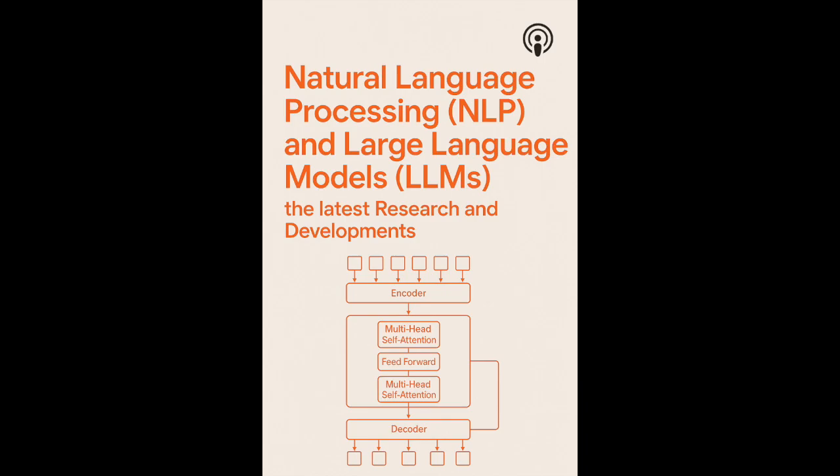You just calculate this DPO loss based on the prompt, the winner, and the loser, and update the LLM's weights using standard gradient descent. Wow, that sounds much simpler and more stable. It generally is. It avoids the instability and complexity of training a separate reward model and running RL. You just need the preference data and the LLM itself. It's a single-stage optimization process.